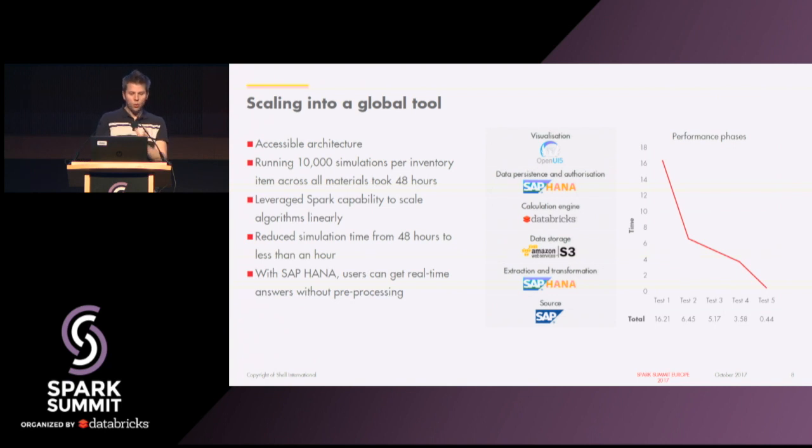So what we decided to do was all of our inventory data is stored in our ERP systems. So we leveraged the existing infrastructure that we had, which was our SAP backend and a tool called SAP HANA, which is an in-memory database, to extract all of the base data that we needed. We then used Alteryx to transfer that data into a Databricks environment, well, initially into an S3 storage environment, and then used a Databricks calculation engine before writing the data back into HANA, which we could then run the HTML5 web portal on top of,